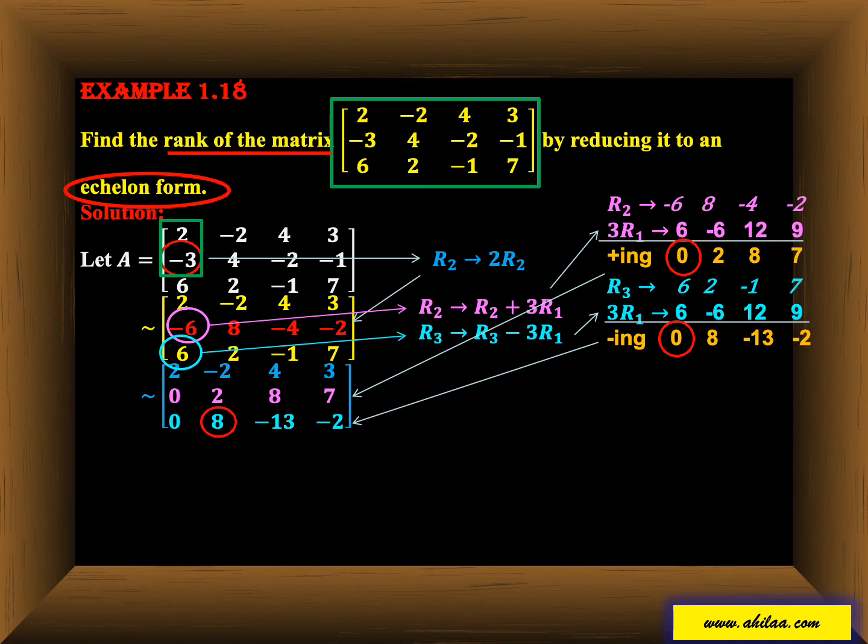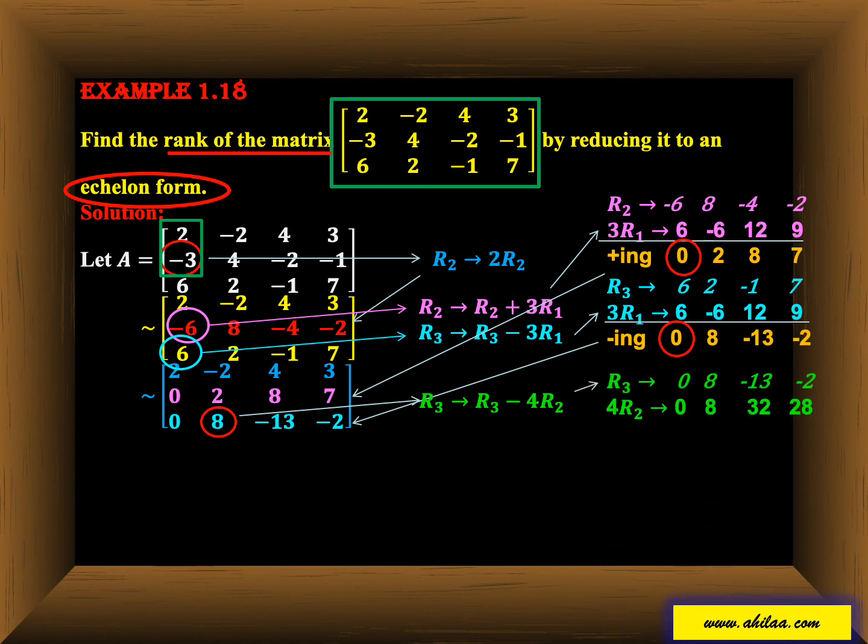Now replacing these two rows in the corresponding place, I get the equivalent matrix. Now again I have to make this A32 value, that is 8 here, 0. For this I use the second row as pivot row. The A22 element is 2. So I multiply R2 by 4 and subtract from R3 because A22 and A32 are of same sign. Same sign means we have to subtract. So the operation is R3 goes to R3 minus 4 R2.